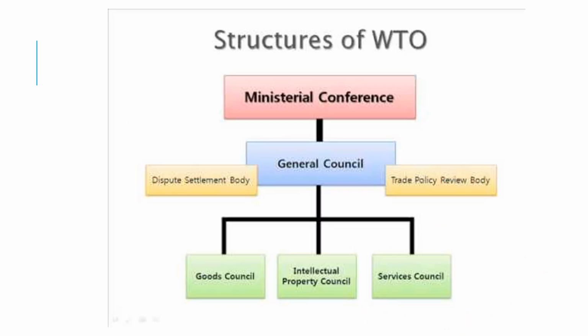The structure of the WTO: the General Council, which basically works as a dispute settlement body and trade policy body. The Ministerial Conference, which means that all the member states of the WTO can have a conference where they put forward any trade problems. The General Council has 3 branches: the Goods Council, the Intellectual Property Council, and the Services Council.